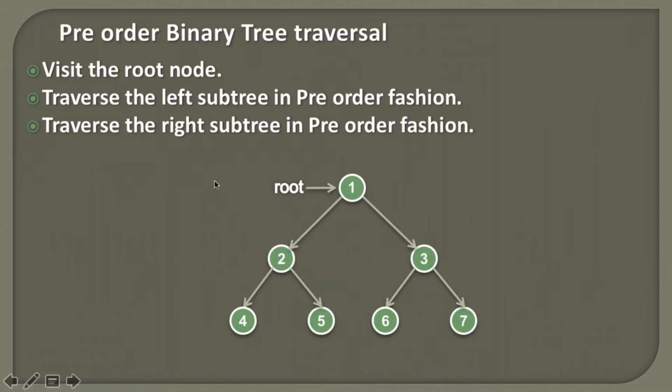So friends, in my previous tutorial, we discussed what is a pre-order binary tree traversal. In pre-order tree traversal, we perform the 3 steps for each and every node of a binary tree. That we first visit that particular node, and then we visit its left subtree, and then we visit its right subtree. And this we do for each and every node. In my previous tutorial, we discussed the recursive pre-order binary tree traversal. And in this tutorial, we will discuss iterative pre-order binary tree traversal.